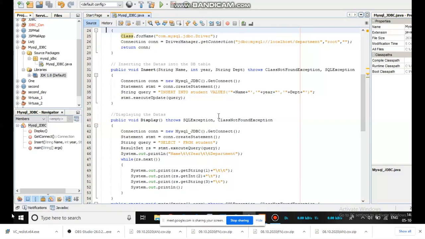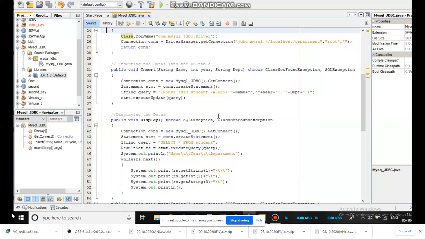The only thing we have to add here is that more than one record will be there. Normally, if you want to do a repeated task, we use a for loop. But we don't know how many records there are. For that purpose, we are going to use the result set. Select star from student will fetch all the records, which will be stored in the result set. From the result set, I am going to display them using a while loop. We have a method on the result set object, rs dot next, which will iterate till records are there.